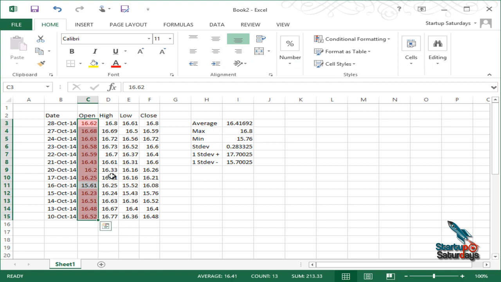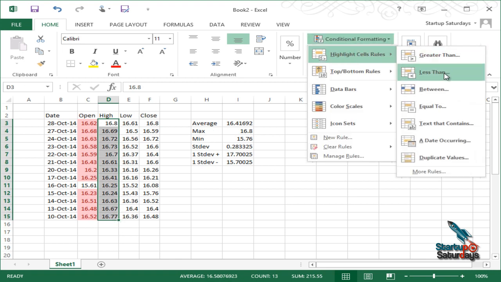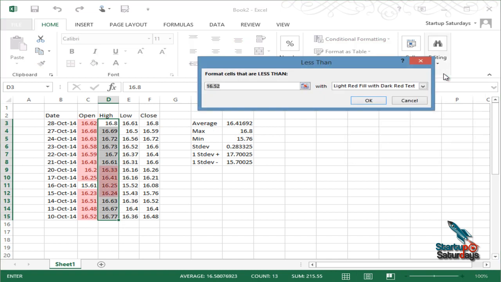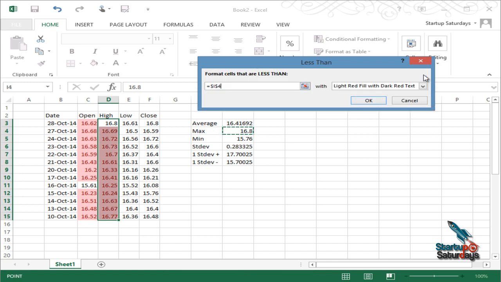And in the rule, we have this one value which is below our greater than value, which doesn't meet our criteria. The rest of the values do, so the colors of the cells have changed. Now let's look at the second column, and we will apply a different kind of conditional formatting over here. We'll apply the less than conditional formatting, and we will give the less than value of 16.8,